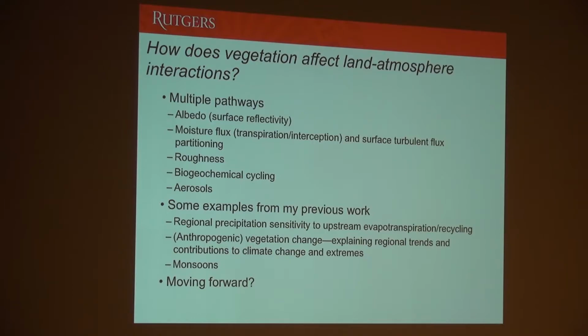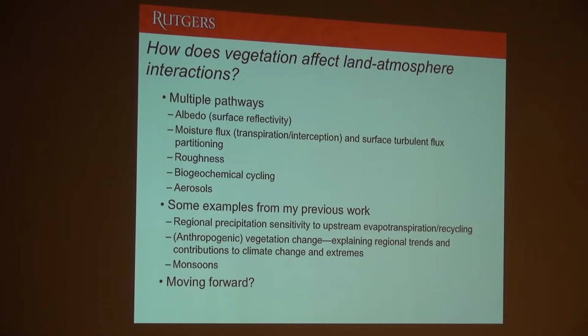So in the rest of the talk, I'm going to focus on some examples from my previous work, again, that haven't necessarily addressed the role of vegetation per se, but have looked at some aspects of land-atmosphere interactions where vegetation might be playing an important role. And so those examples include the idea of upstream sensitivity, or the sensitivity of rainfall to upstream conditions over the land surface, whether, given a place where it's raining, the land surface conditions upstream are impacting that